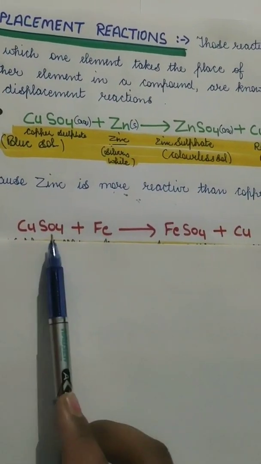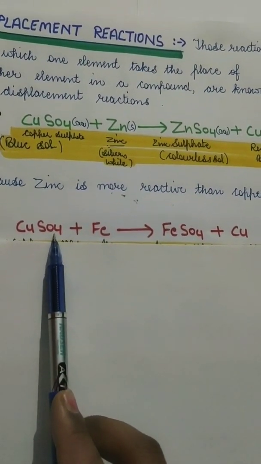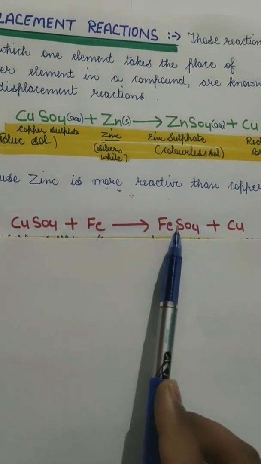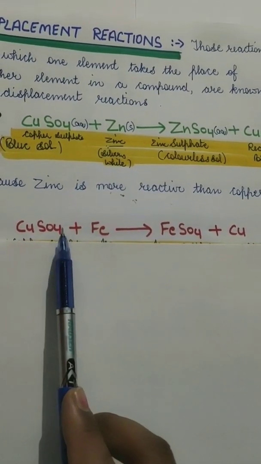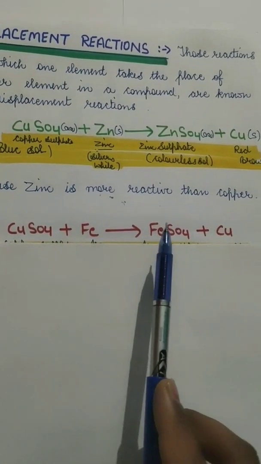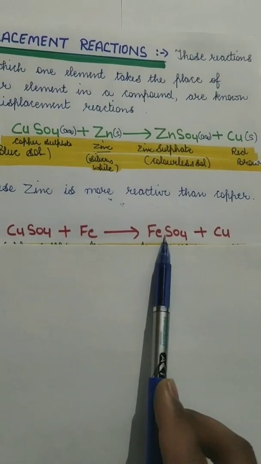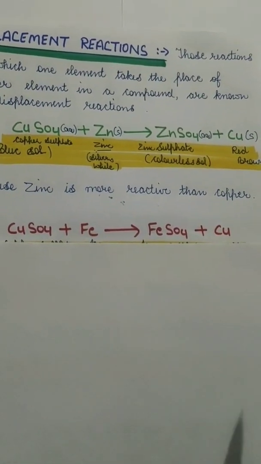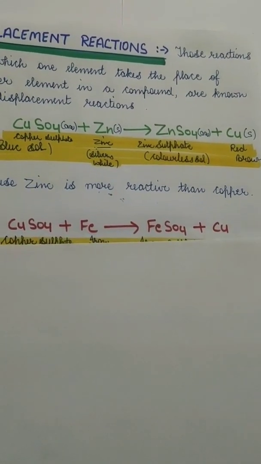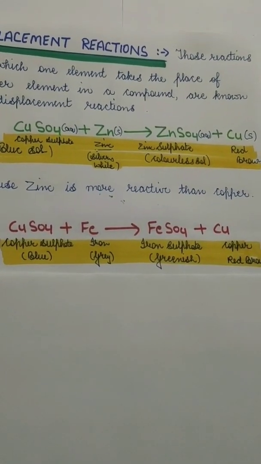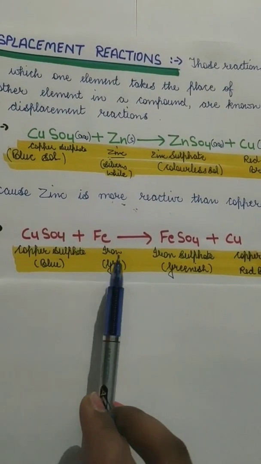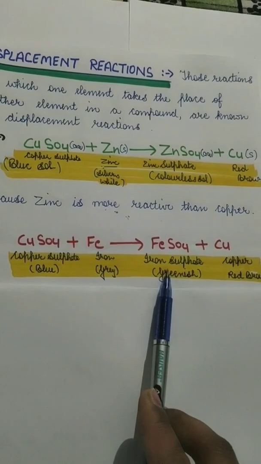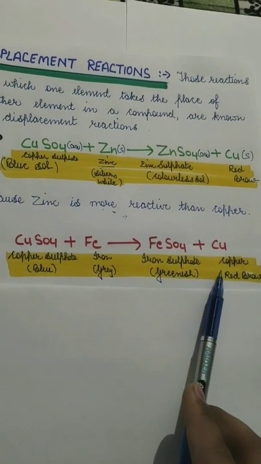So in a test tube, when you take a solution of copper sulfate and add a few granules of iron into it, what we'll see is that the blue color of copper sulfate will fade away and turn into the greenish color of ferrous sulfate, and then there will be a deposition of red brown copper at the bottom of the test tube. That means copper sulfate is blue in color, iron is reddish brown or grey. It will form a greenish solution of iron sulfate or ferrous sulfate, and